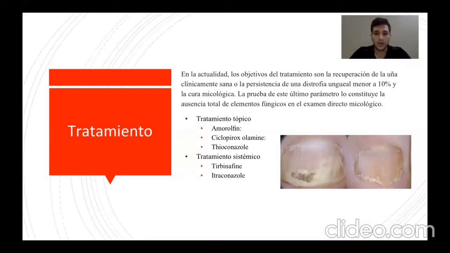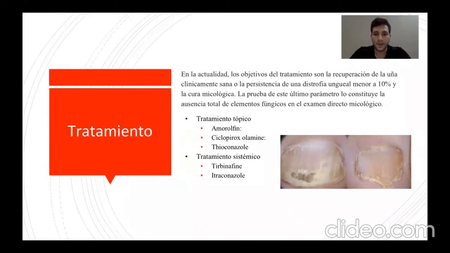The amorolfine is a broad-spectrum fungicide. It works by inhibiting ergosterol synthesis in the fungal cell membrane. It's applied once or twice a week for 6 months in cases of fingernails and 9 to 12 months in cases of toenails. Pruritus and dermatitis are its main side effects. Then we have the